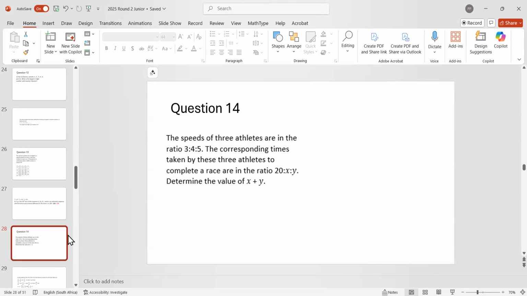It is given here that the speeds of 3 athletes are in the ratio 3 is to 4 is to 5. The corresponding times taken by these athletes to complete a race. So they give you the ratio of the speeds and they give you the ratio of the times, right? They don't tell you what the times are and they don't tell you what the speeds are. They will just give you ratios. And they ask you to calculate what x plus y is. Okay, so we have to use some